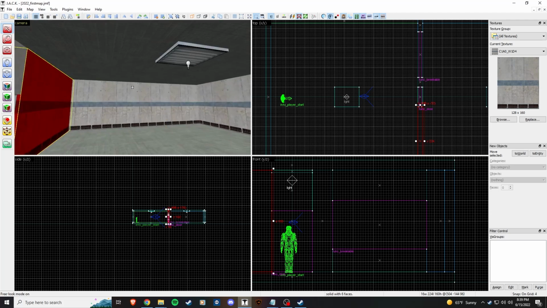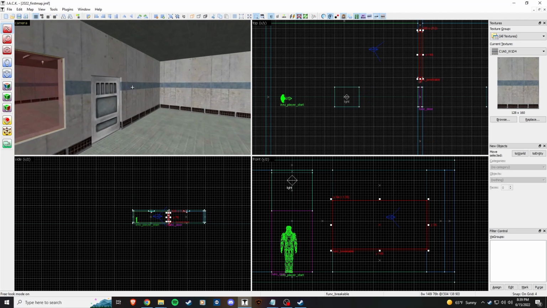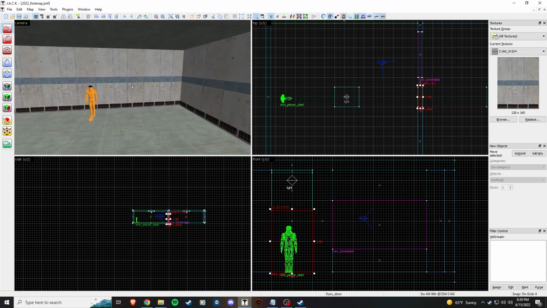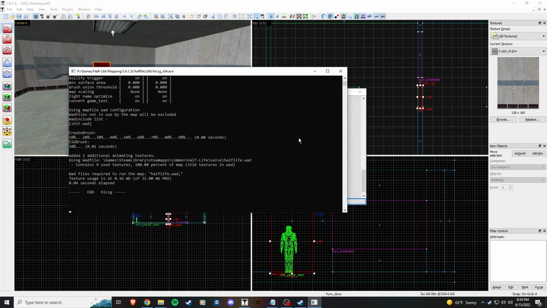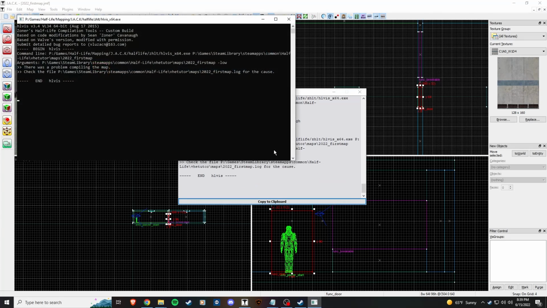And so we've got a room with a window and a door and some lights. So I'm going to hit F9. I want to take a look at this. I want to see what it's looking like. I like to do don't run the game. We can just leave everything on normal. Pretty standard stuff for now. So we'll compile it, and it's automatically going to put it in the